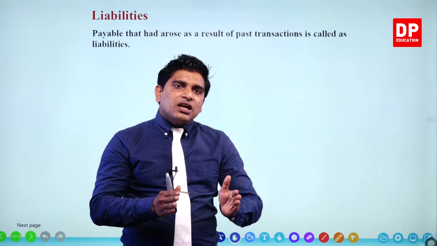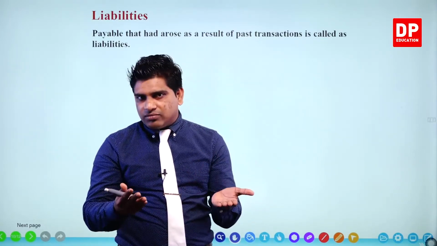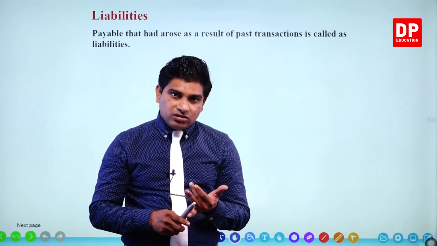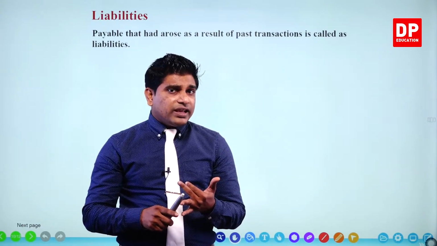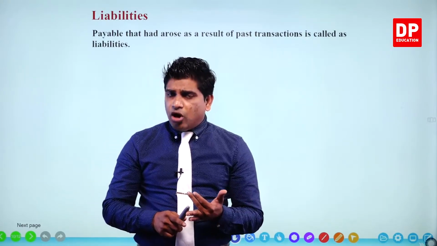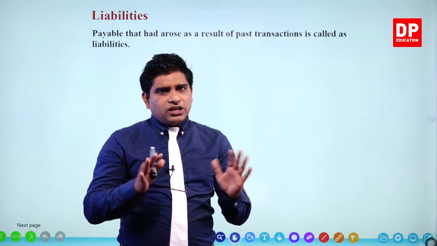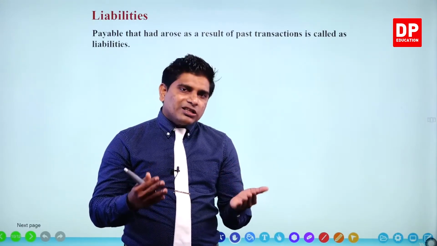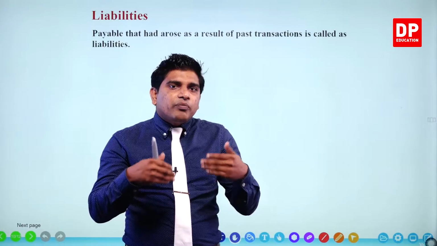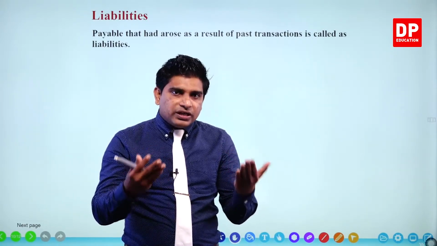Non-current liabilities are the long-term liabilities. You can take more than 1 year to settle them. Long-term bank loan. Mortgage loan also we can mention under non-current liabilities. What do you mean by mortgage loan? Mortgage loan means you apply for a bank loan, and to get the money, you have to give your property, sometimes your land or your building or your vehicle, right?